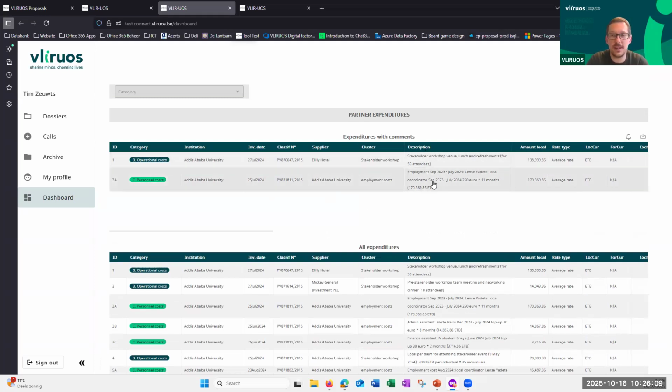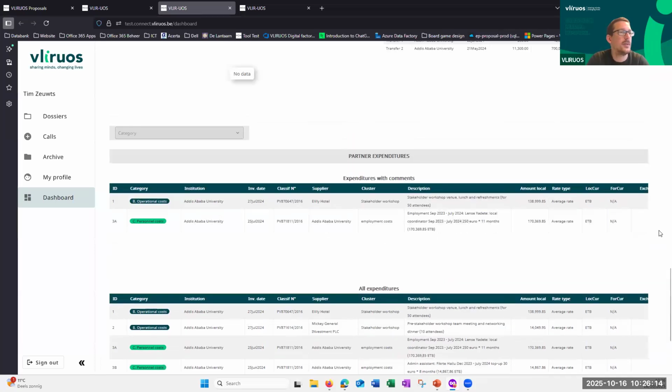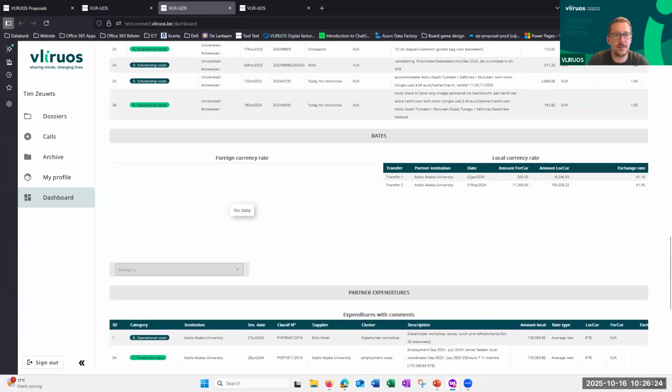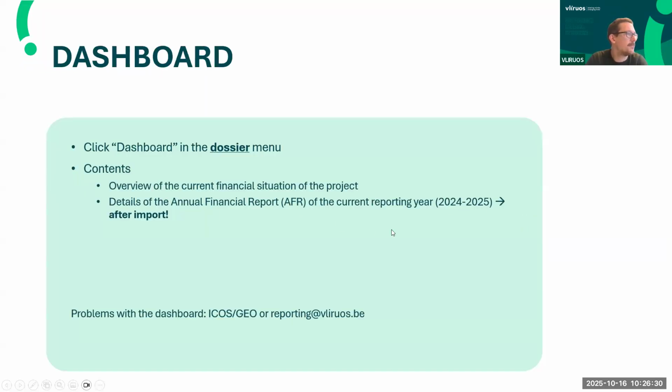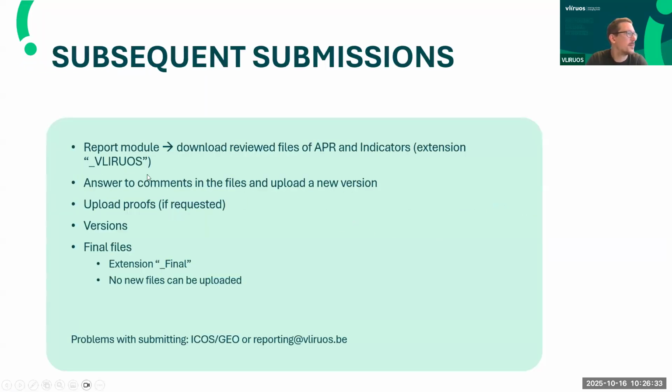And once there is no data in both expenditures with comments tables, you can consider the AFR to be final. You'll receive word about this, of course, that everything is final and that you're supposed to declare the final numbers, but more on that later on. So that's about the dashboard. I explained all of this. All right, so